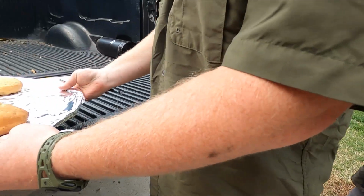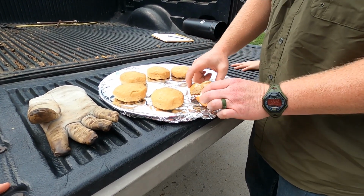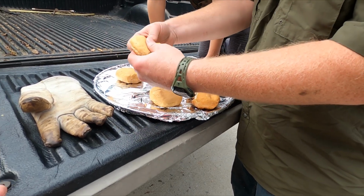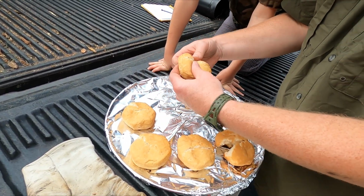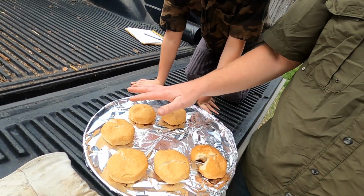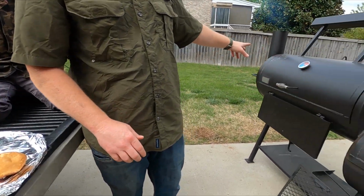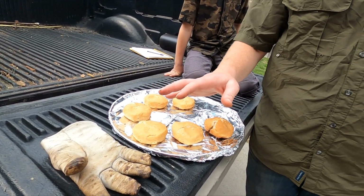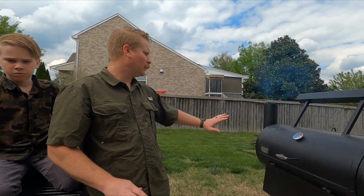Look. All right, so as far as doneness, that was the one out of the hot spot, and then we're gonna work our way back. That one's done. They smell good. These are about the same. They smell good. About the same. And they're about the same. So we're pretty even cooking through most of this cook chamber, except for the very end. There's that hot spot, but the doneness is very similar all throughout the whole thing, but on this left hand